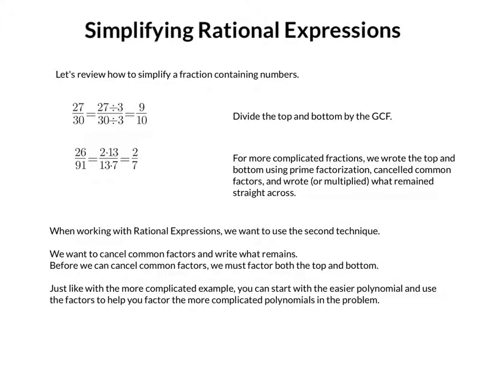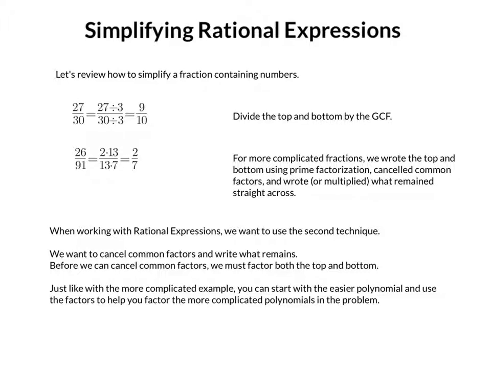Let's review how to simplify a fraction containing numbers. If we look at the first example, 27 over 30, we can divide the top and bottom by 3, giving us 9 over 10. What are we dividing by? We refer to this as the GCF, or the greatest common factor. Keyword being factor. For more complicated fractions, remember that one of the things we did was use prime factorization. We can factor 26, we can factor 91, and notice that we were going to cancel the 13s, leaving us